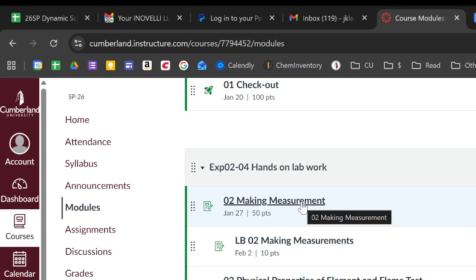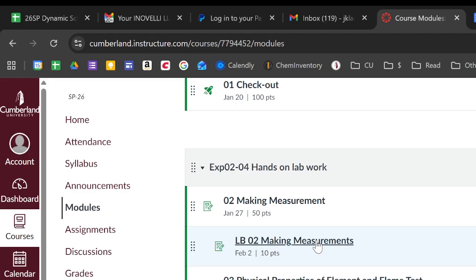That you were here, you did a packet, you turned it in. Okay? Now, what will end up happening is you are going to do a check-in. I haven't made the next one because I wanted to go through and double check. Like, so there's 2 errors. Some proofreading I'm doing right here. And you're going to do the check-in. You'll do the packet. You'll turn it in. That's where the grade for that one comes from. You'll do the checkout. You get a grade for that. And then you'll have what's called lab book.